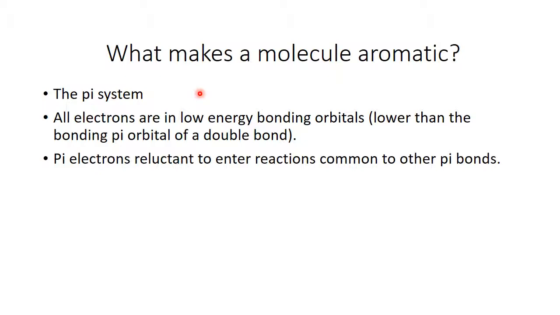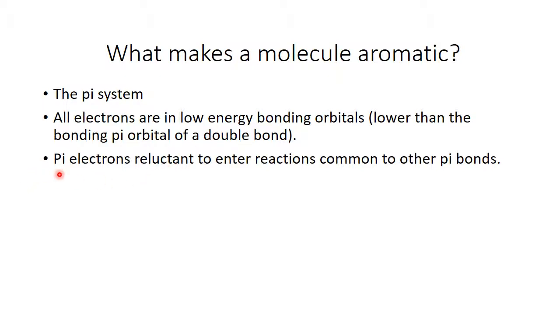Well, in an aromatic compound, all of the double bonds have carbons that have p orbitals in them, and all of them can interact together to make bonding orbitals and antibonding orbitals. And because of the way they interact, they drop in energy much more than just a regular pi bond, and pi